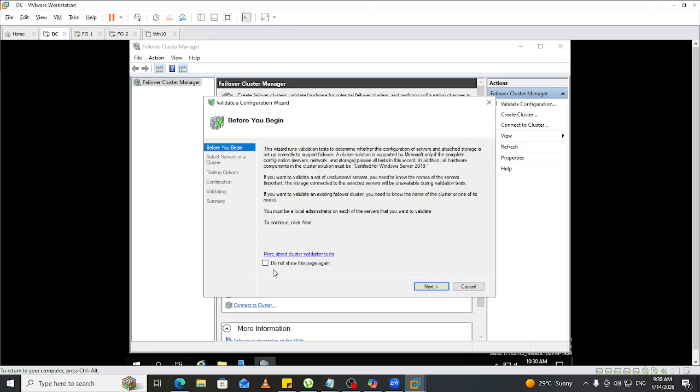So what you are going to look at is the 2 machines involved, their network adapters, network connectivity, and also the storage that they have. If these 3 areas pass, then we can go ahead and create a cluster. If not, we need to work on it till they pass the validation test, right? So that's it. And then it says, in addition, all hardware components in the cluster solution must be certified for Windows Server